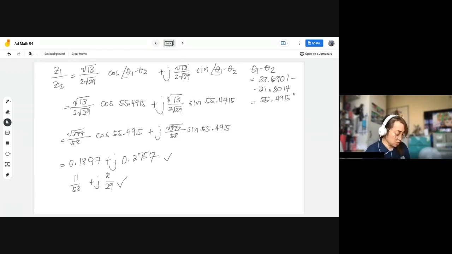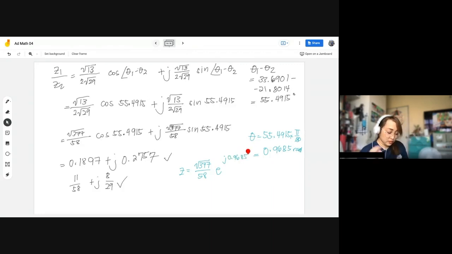If you want it in complex form or in exponential form, convert our theta of 55.4915 times pi over 180. So that is 0.9685 radians. So that means our z can also be square root of 377 over 58 e to the j